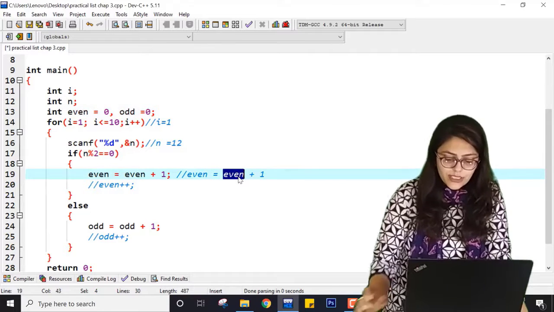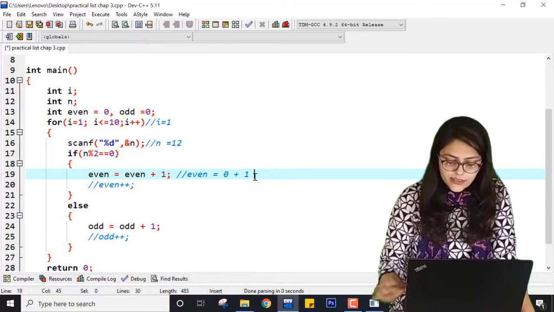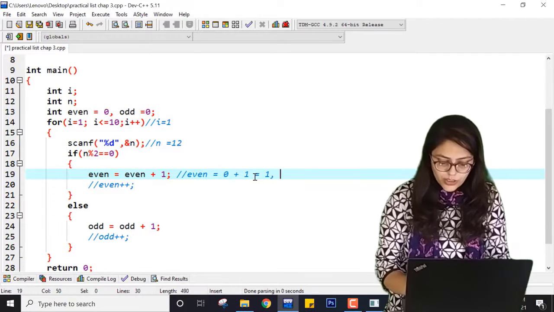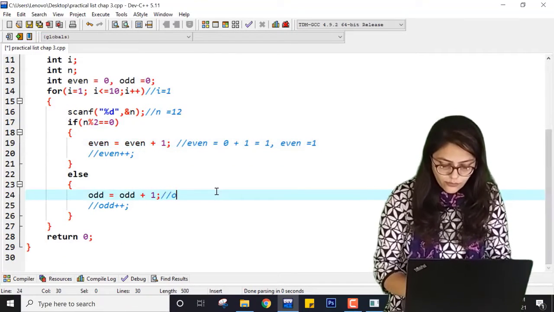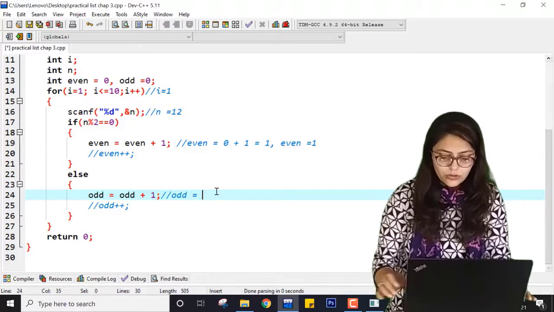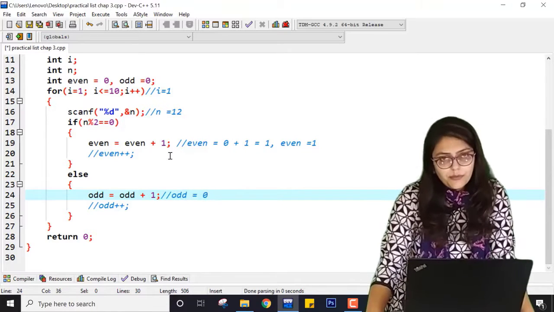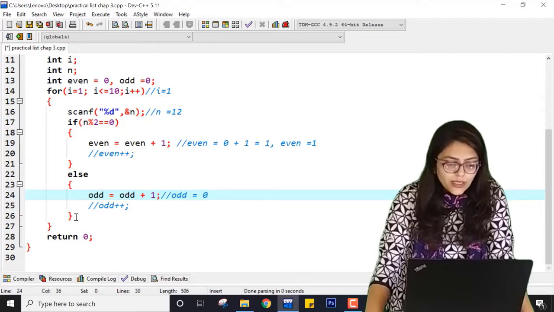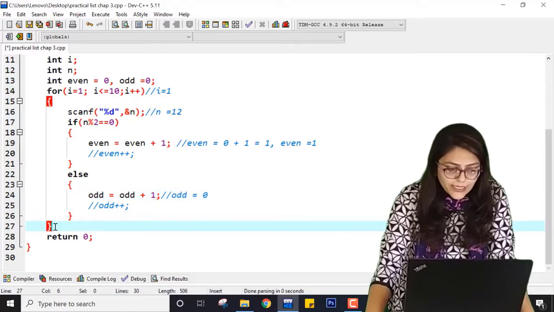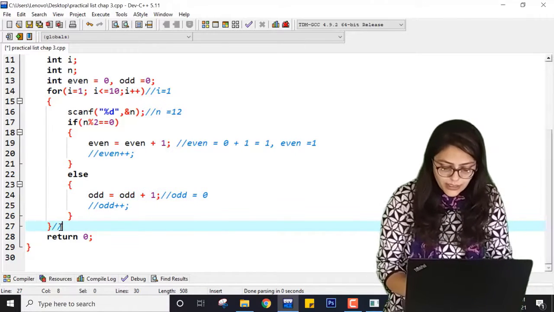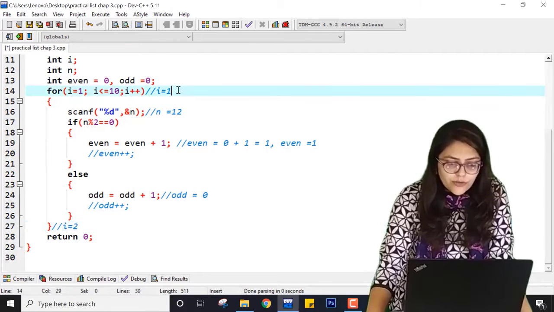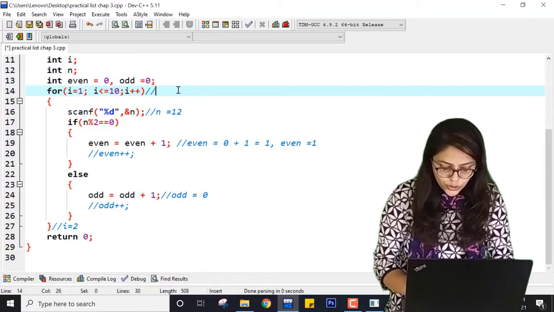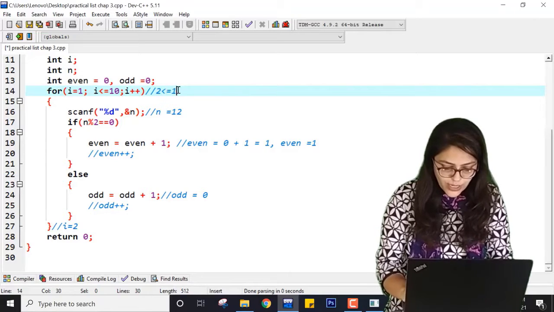So even was previously 0. Now it is 0 plus 1 equal to 1. So now our even equal to 1. And what will be the value of odd? Odd equal to 0 at that time, because by default its value is 0. Now it will come to the loop and i will be incremented at this point. So i equal to 2 now. It will check if 2 is less than or equal to 10 or not.